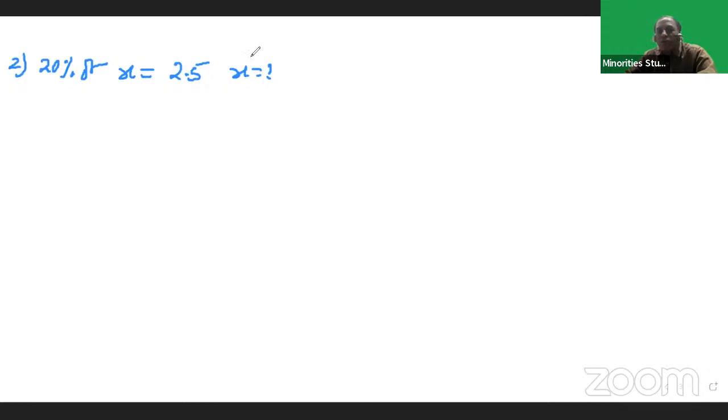So 20% of x means 20 by 100 into x is equal to 2.5. 20 by 100 is 1 by 5. So 1 by 5 into x is equal to 2.5. Then x is equal to